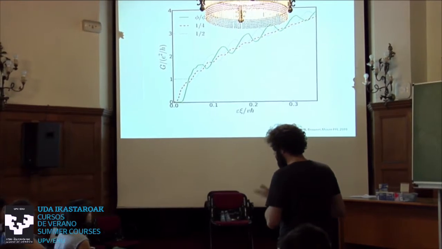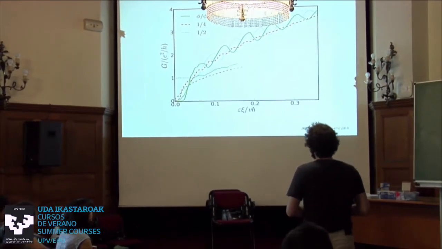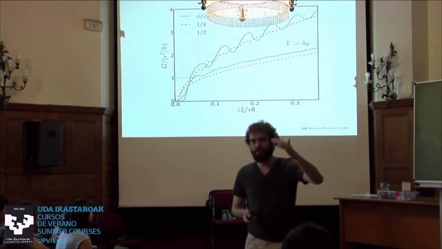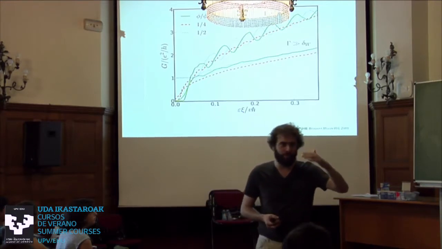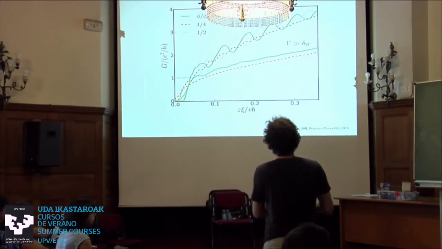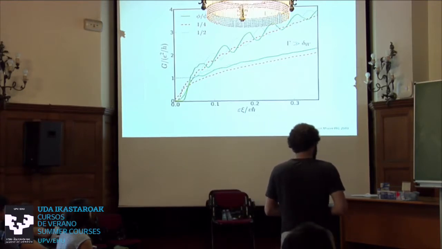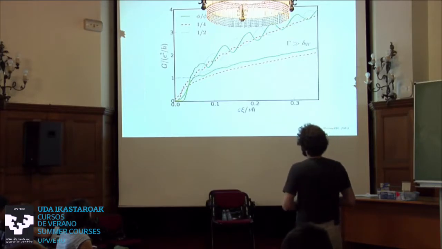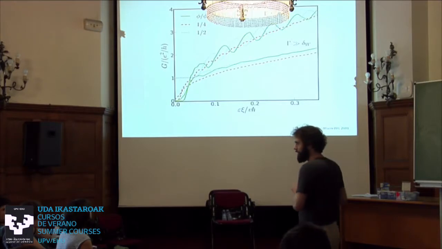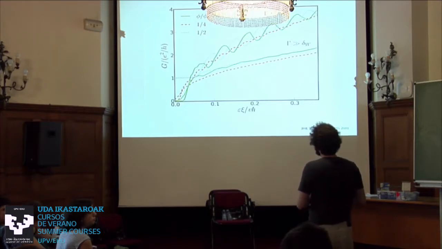If I make the disorder very strong, then these oscillations will be washed out because you don't know whether you have or not, how many modes you have if they all overlap. So these oscillations disappear if the disorder becomes strong enough. And something like this is kind of seen in experiments. I'm going to show you a couple of experiments. And what you should look for is that,